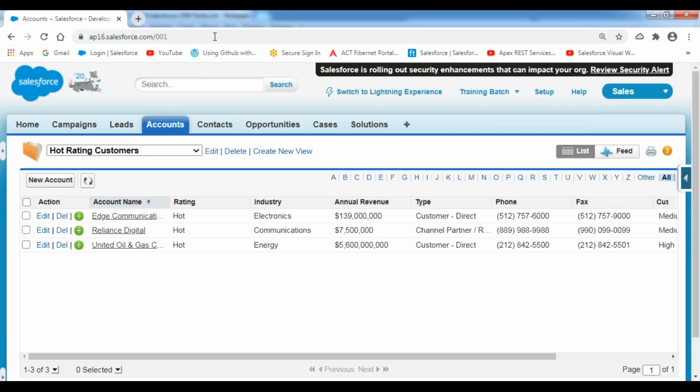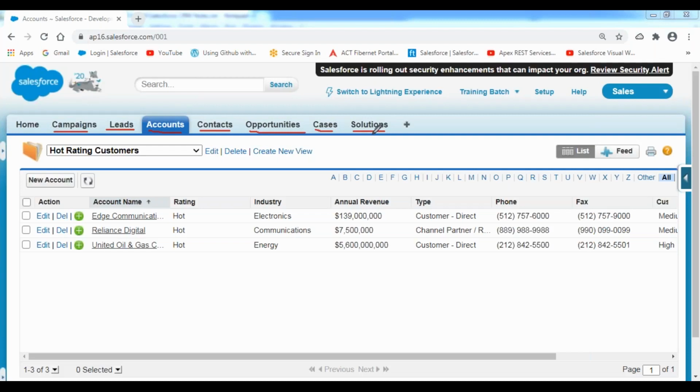Now, let me explain one more. For example, on my tab bar, currently we have the campaigns tab, leads, accounts, contacts, opportunities, cases, and solutions. This object information is available on my tab bar.